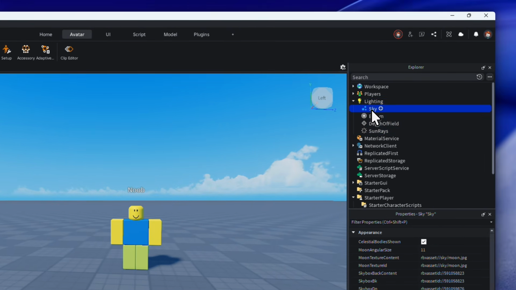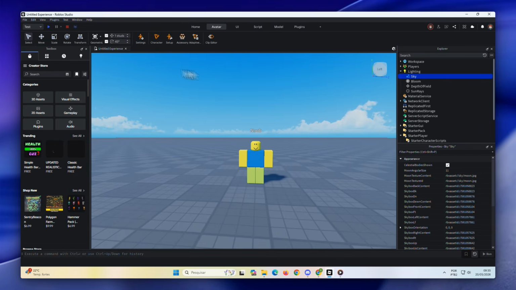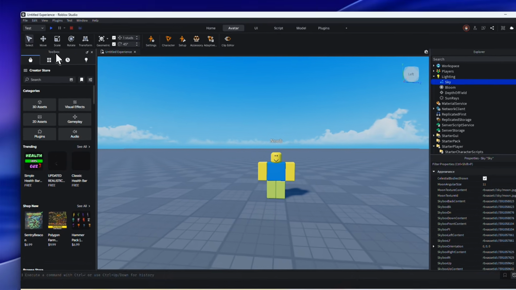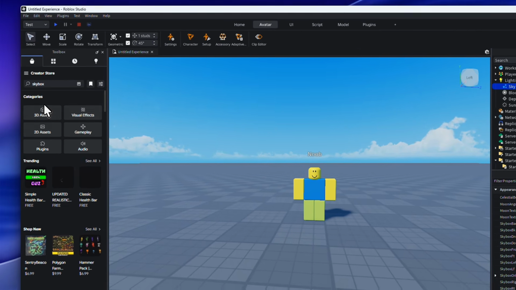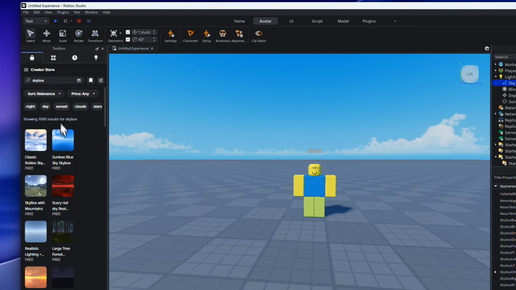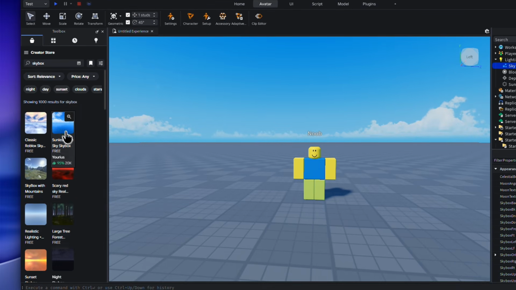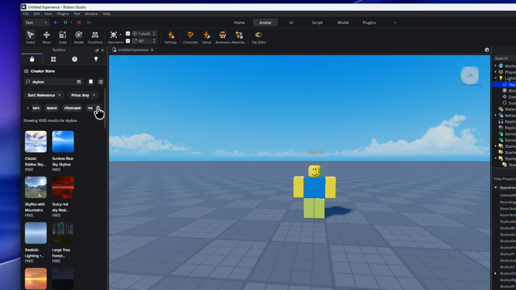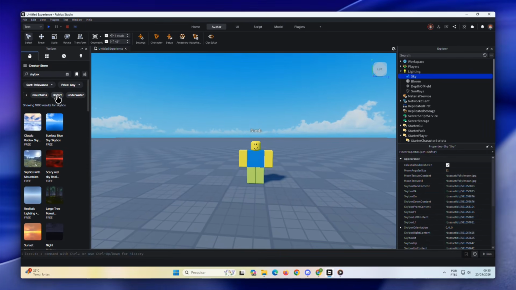To change the current sky and use a different one, go back to the toolbox and search for Skybox. You'll notice there are thousands of different Skybox options available. You can also use the filters at the top to find exactly the type of sky you want. For example, if you want a desert-themed sky, you can search for desert and choose the one you like the